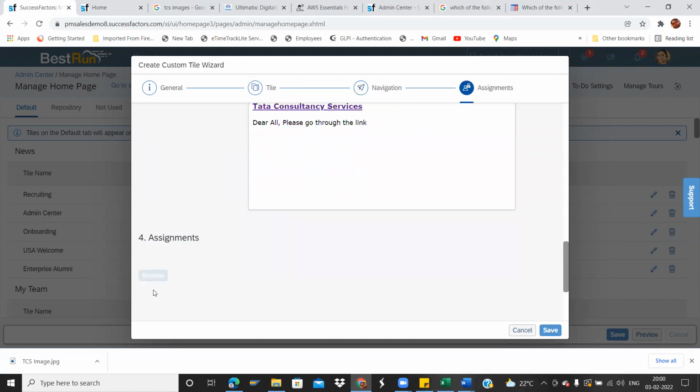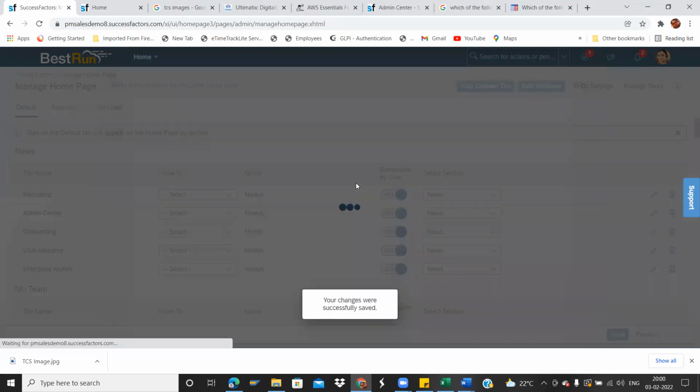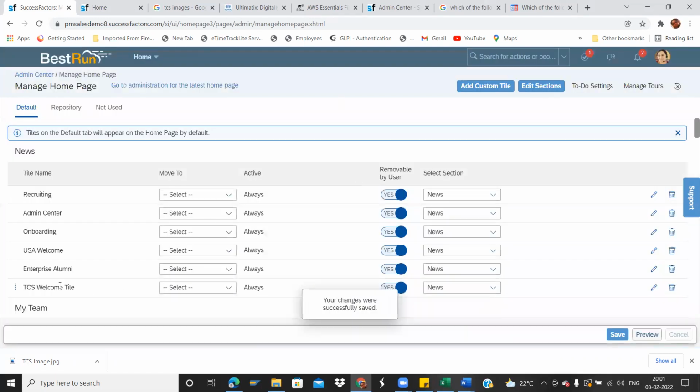And then I'll be going to next step 4. Save it. The changes are saved. TCS welcome tile. Now it is visible for all.